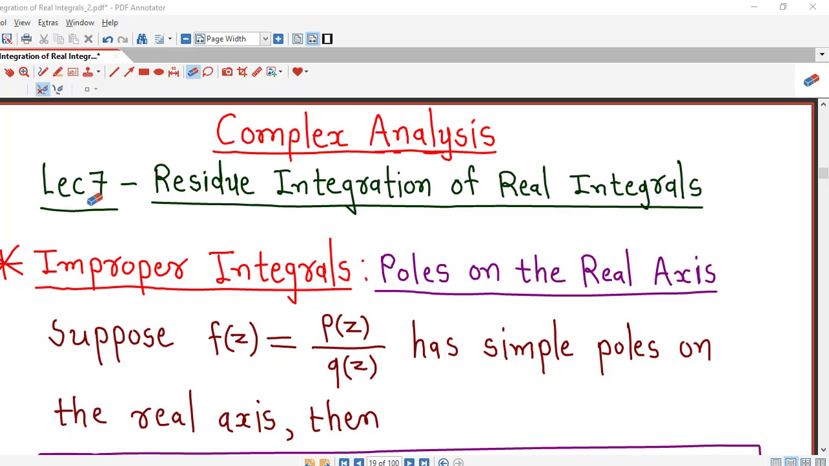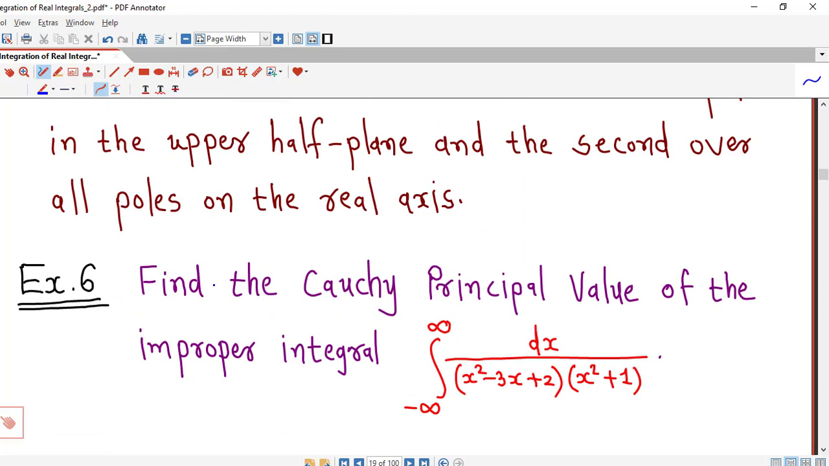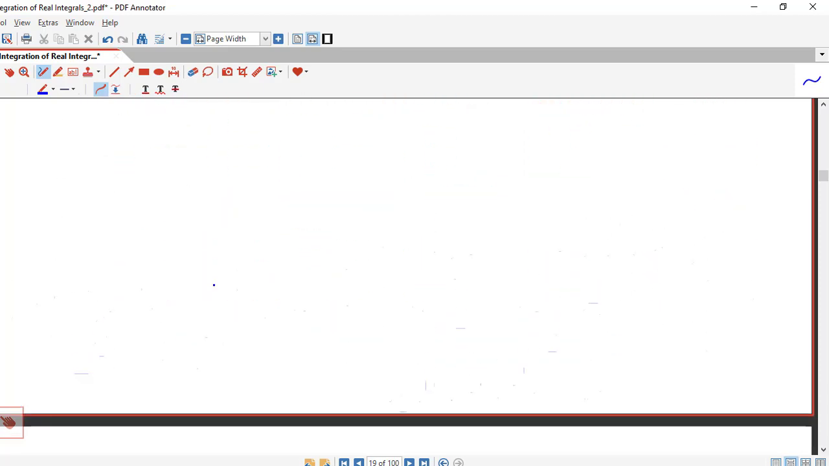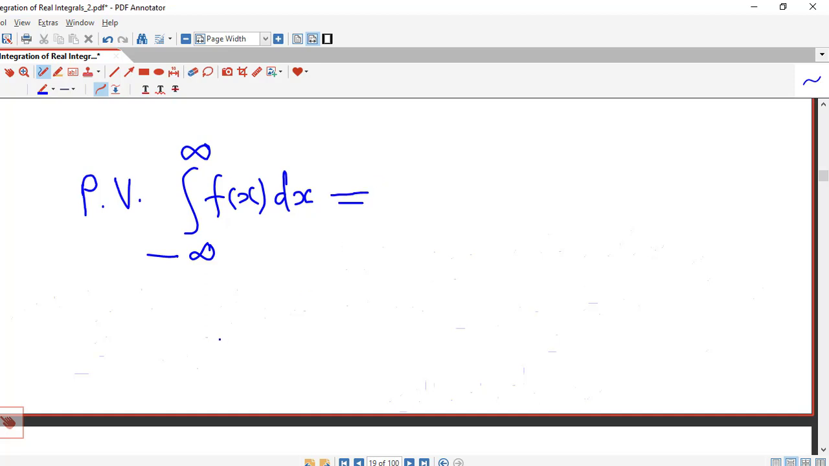Hello friends, I welcome you in lecture number 7 on residue integration of real integrals. We have discussed 6 lectures on this topic, and in earlier 6 lectures we have seen that suppose we have an improper integral from minus infinity to infinity f(x) dx, then if we want to find out the principal value of this improper integral, then if our function f(x) is a rational function such that